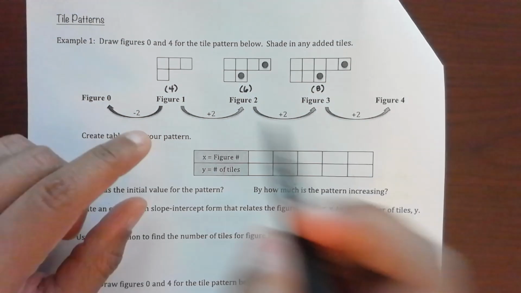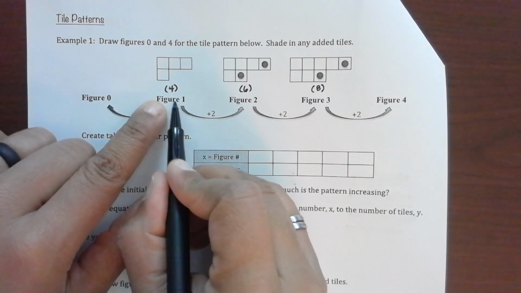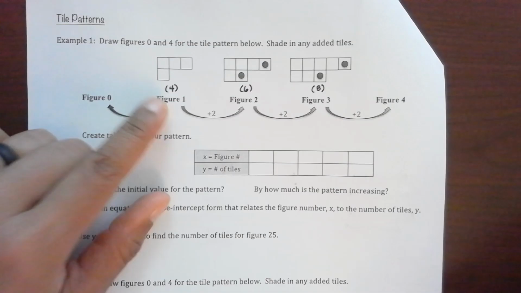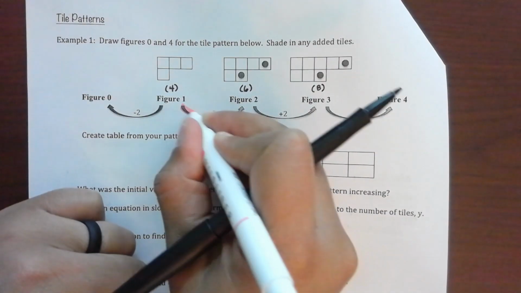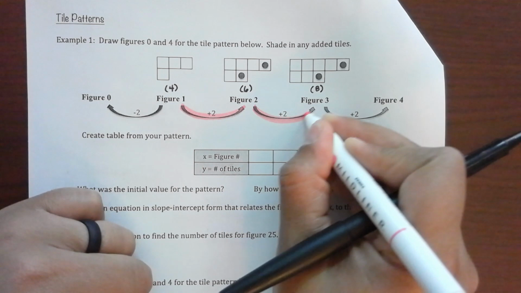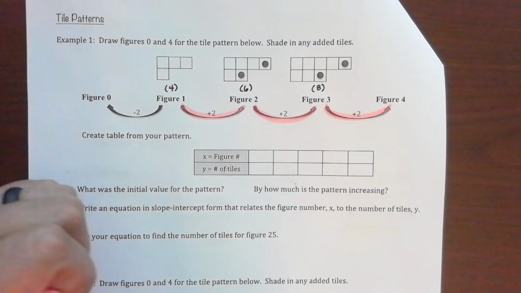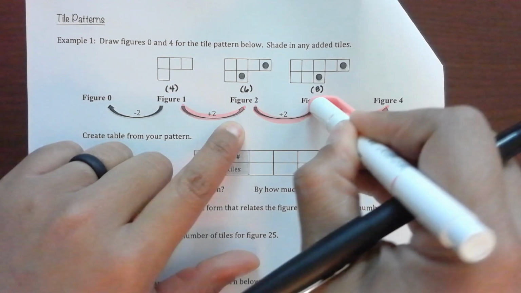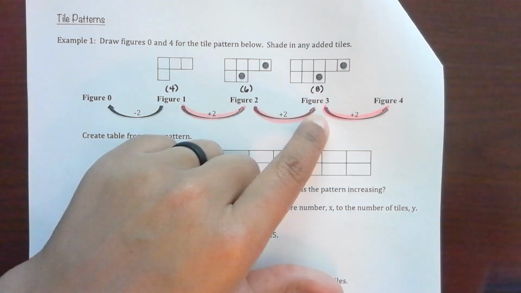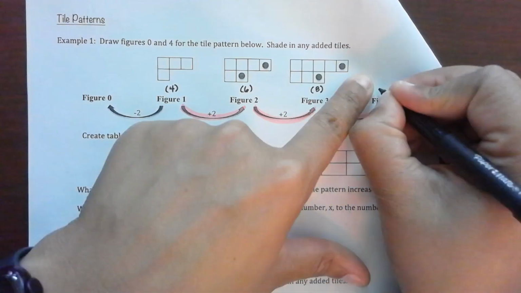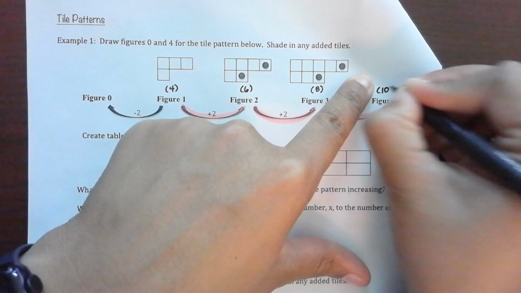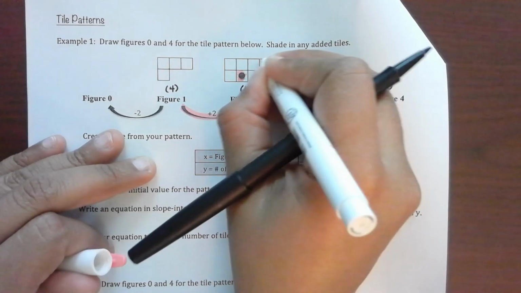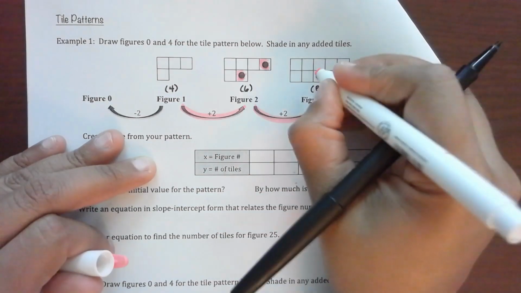How do we see the growth happening? Is it increasing or decreasing? Increasing by how much? 2 each time. And that's what I mean by it's constant. So if I know it's increasing by 2, how would I find my next one? Plus 2, because it would become 10. But notice also where I'm adding those. Do you see these ones with dots on them? If I were to shade those,